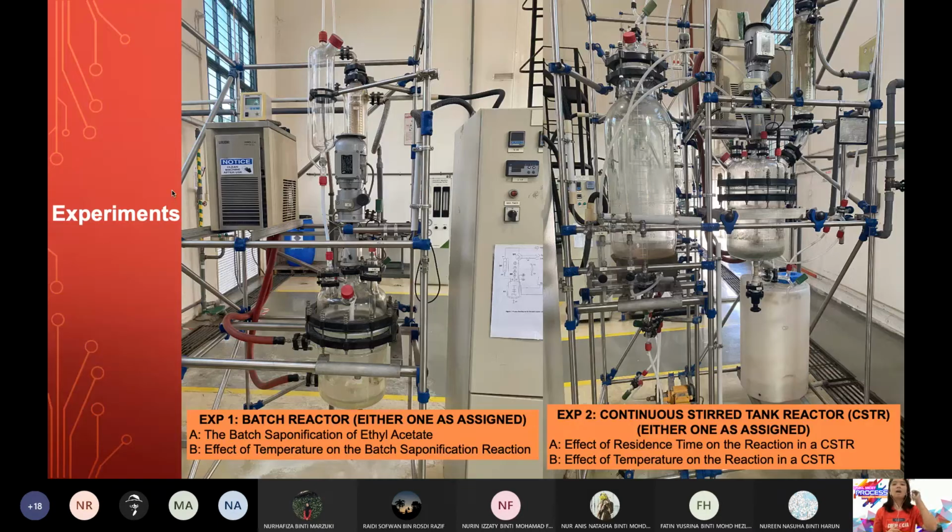Okay. So to talk about experiments, I told you we have 4 experiments. Kenapa? Because we will study different types of reactor. And let me tell you, this is very honest, bukan saya nak menghiburkan lah, bukan nak exaggerate, but MySet has one of the best reactor facilities in Malaysia, even better than IPTA, I can tell you, because our reactors are already pilot scale. Kalau kamu pergi IPTA, I was from USM, so I can tell you honestly, IPTA reactor dia besar-besar pun 2 liter, 5 liter. Our reactor is as big as 10 to 20 liter. You know, our reactors are really pilot scale in comparison to other universities.